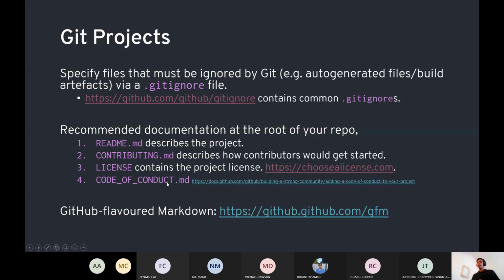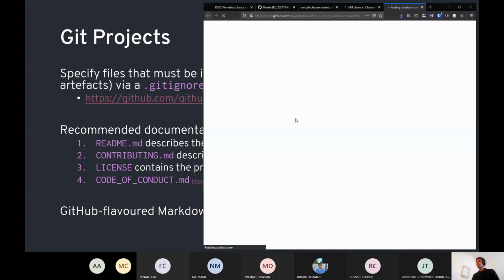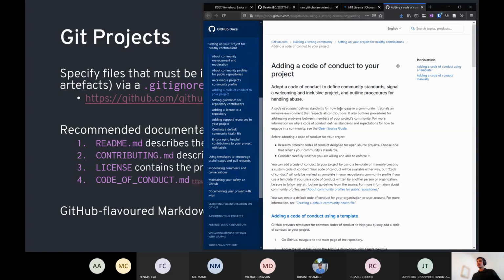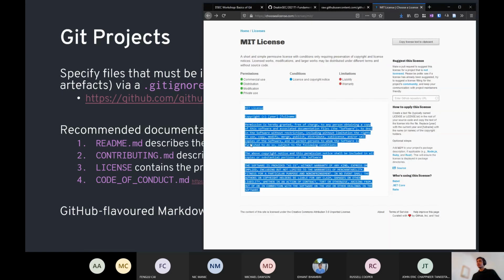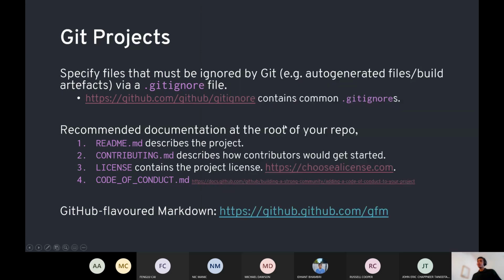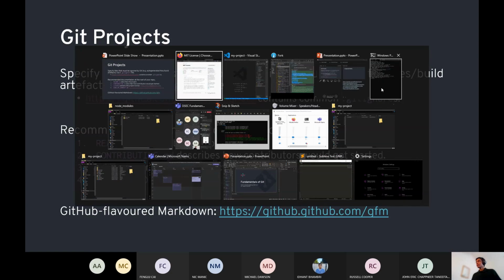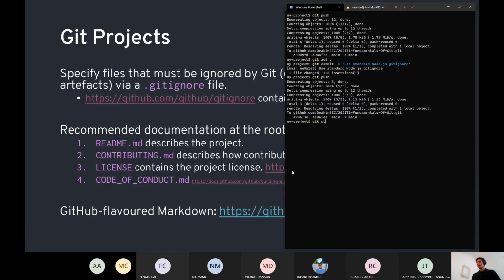Depending on the size of your project and the number of contributors, you might also want to add a code of conduct. This link says how you might go about it, because there are a couple of standard codes of conduct that you can either use or base your own code of conduct on. So we've made a couple more documentation changes.